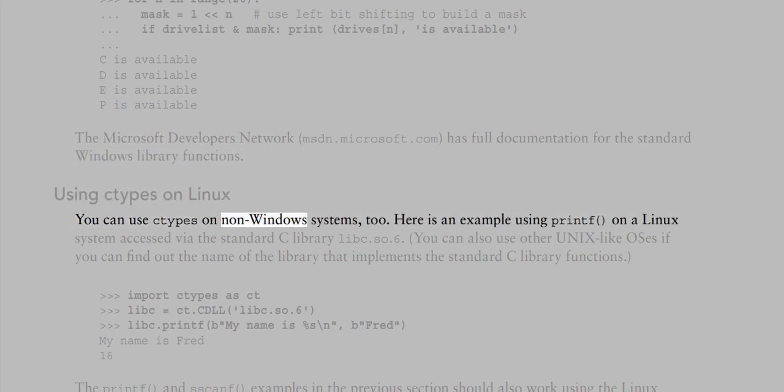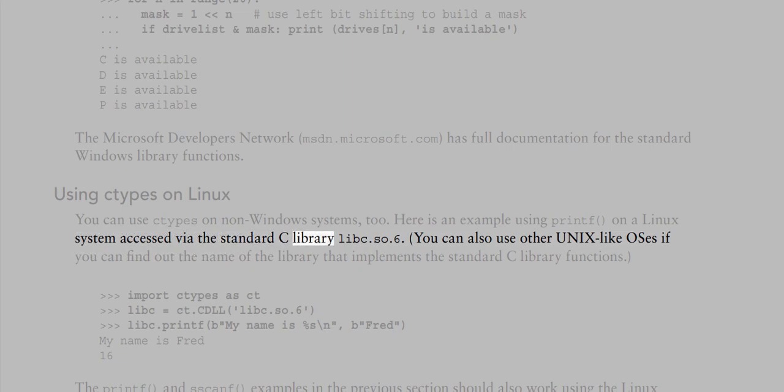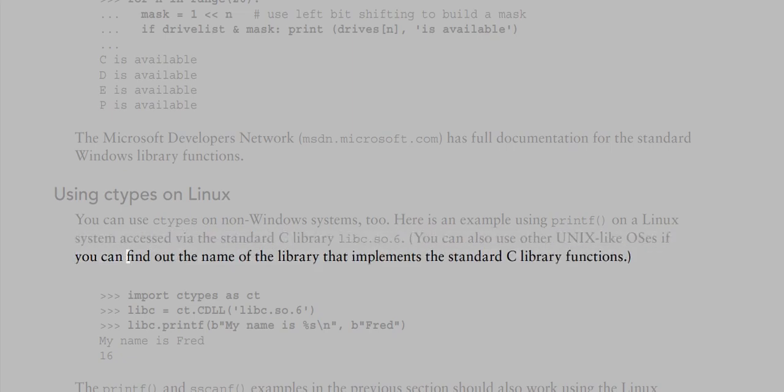You can use ctypes on non-Windows systems, too. Here is an example using printf, on a Linux system accessed via the standard C library, libc.so.6. You can also use other Unix-like OSs if you can find out the name of the library that implements the standard C library functions. Import ctypes as ct; lib = ct.cdll.LoadLibrary('libc.so.6'); lib.printf(b'my name is %s\n', b'Fred')